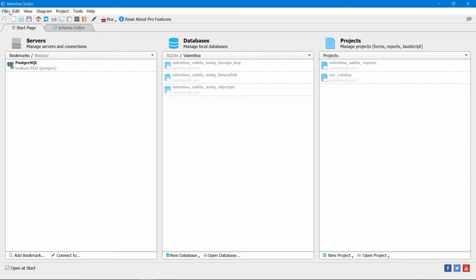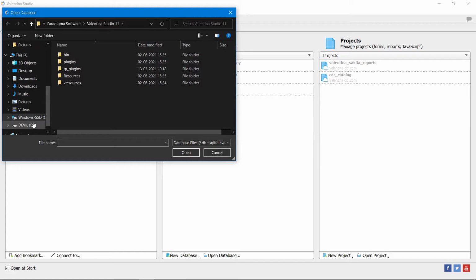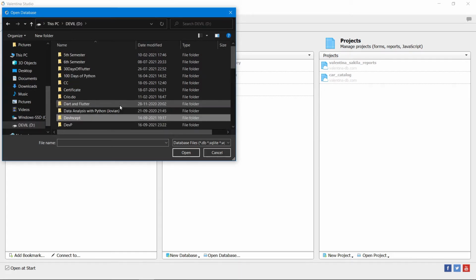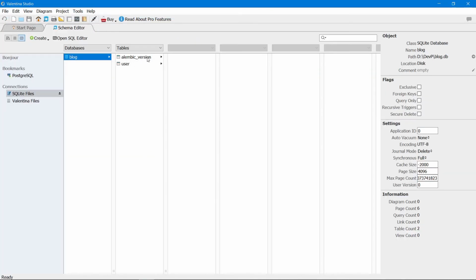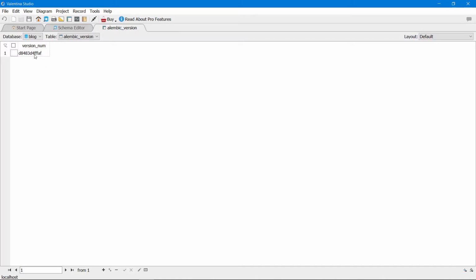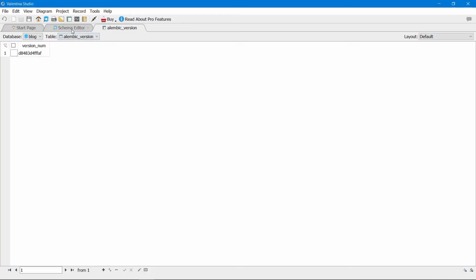So skip this, and if we open database, and our file is stored somewhere here, yeah, so this is our file, and we can see there is Alembic version which has the current version. So if you match this version number with the file's name, you can see this is it, right? So it manages the Alembic version using this table, and we have our table called user here. So it has ID field, username field, email and password. So everything is working perfectly for now.